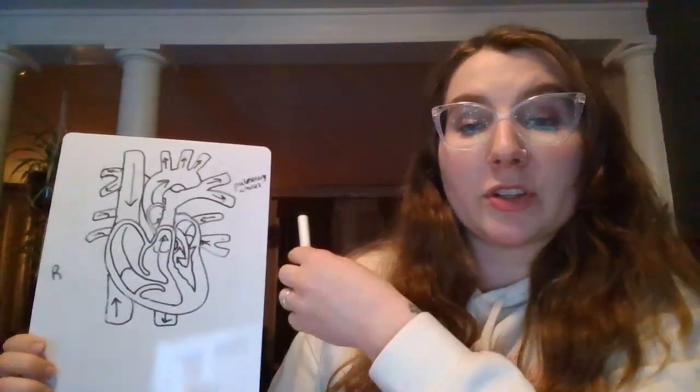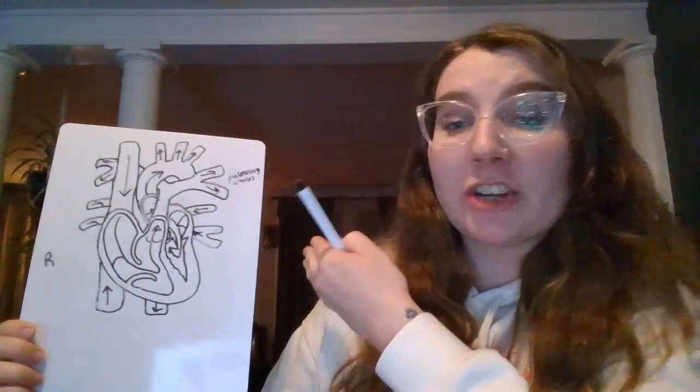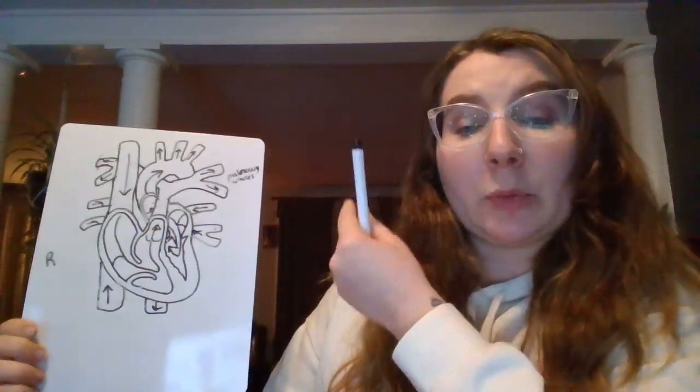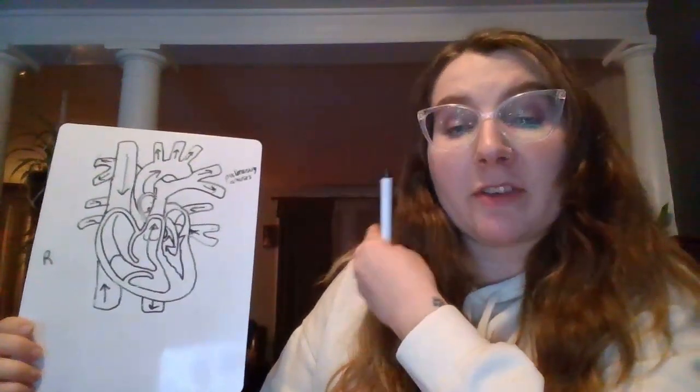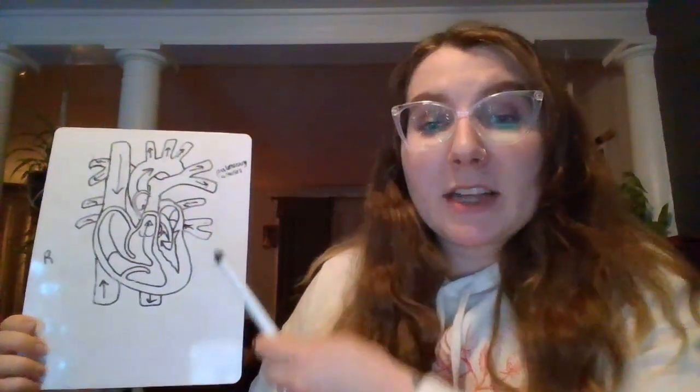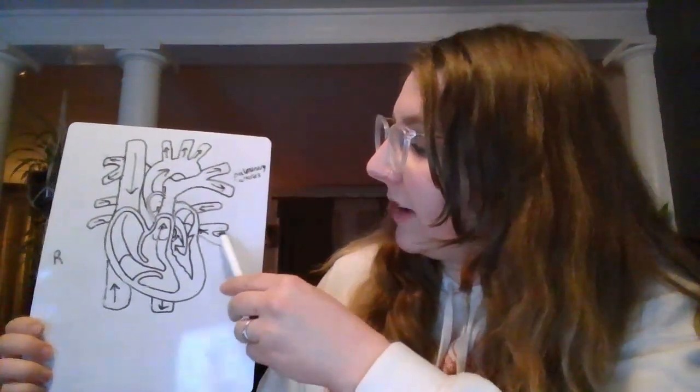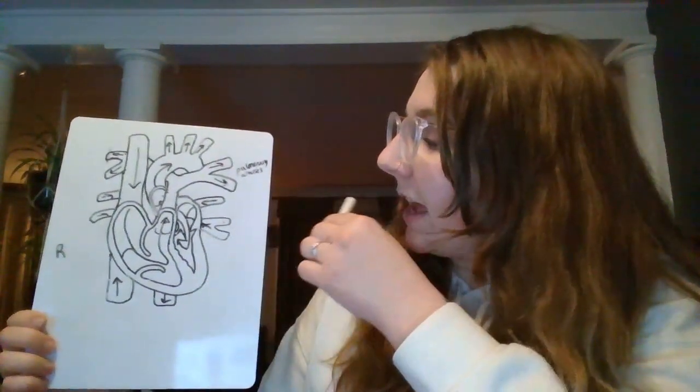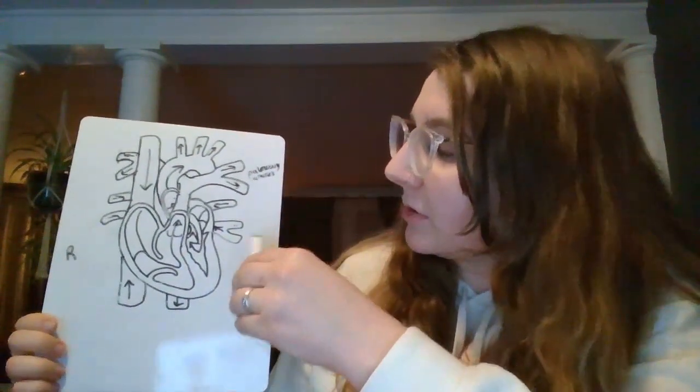And then from the arterioles, blood will go through to the capillary beds, where CO2 is exchanged for oxygen. From the capillary beds, the blood will pass through to venules, which are very small venous structures, and then to the pulmonary veins. And in this diagram, the pulmonary veins are right here, and that is where our oxygenated blood will first come